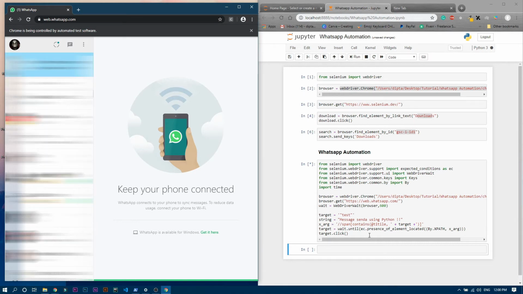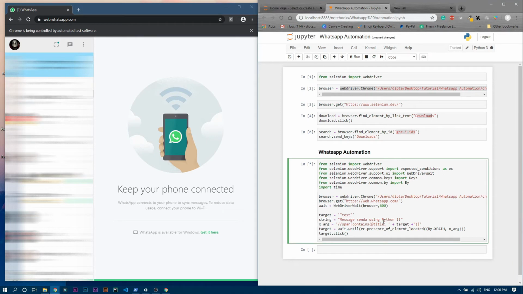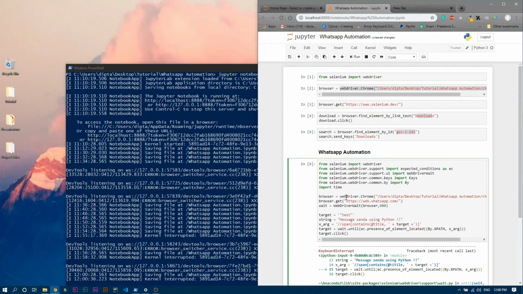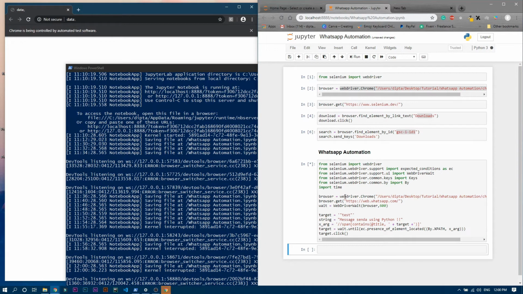Well, yeah, I think I found the mistake. We have to write over here title, right? But I wrote TTLE, whatever that is. So I need to remove this I over here and stop this cell, and let me close this one again and run it again. Fine, it's opened.